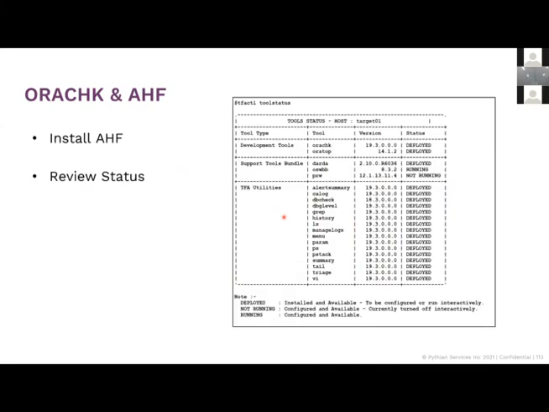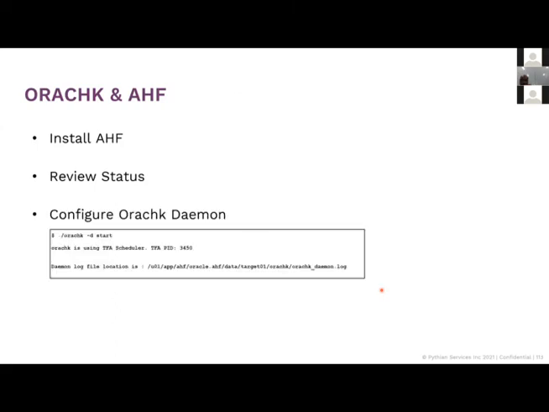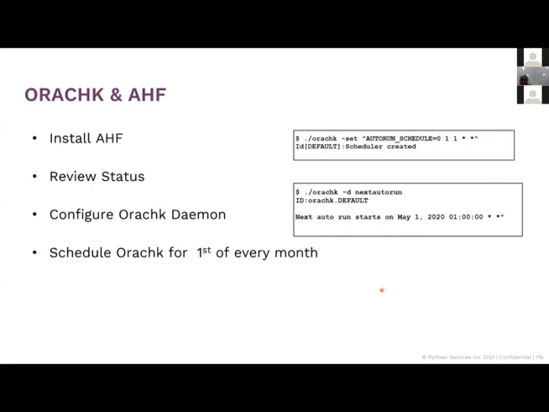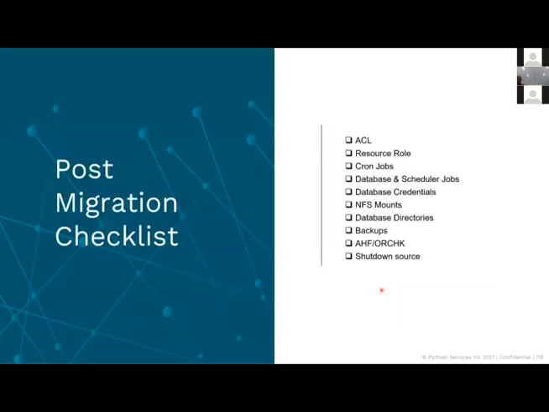So once you install it, you'll see these are the list of tools that you get, right? You get ORAchk, which is an incredible tool. You get a lot of other checks. So you can use that, and you can use that to proactively get a really good health check score. And you can even configure it to automatically generate the report and email that report to you. So this is about that.